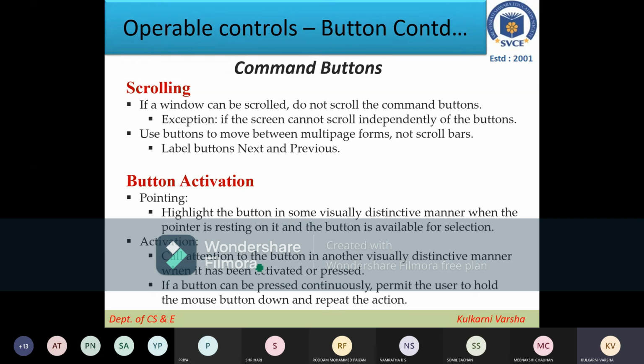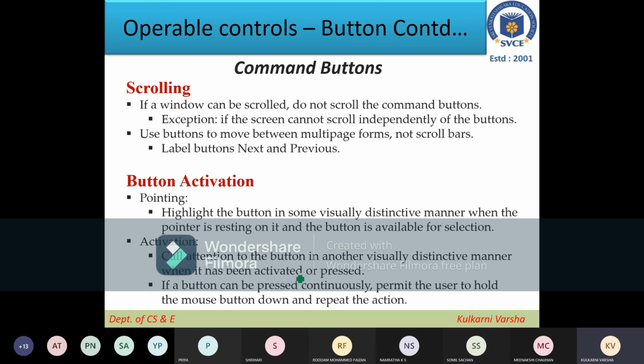Or you can change the color visually. And how exactly will it get activated when you click on it? If the button can be pressed continuously, permit the user to hold the mouse button. So all this we know.